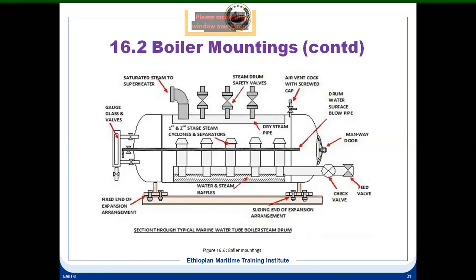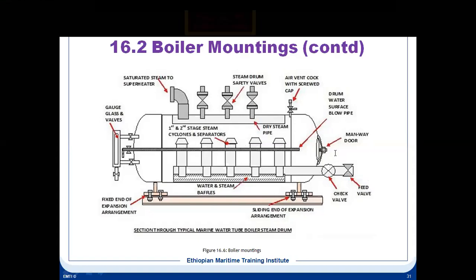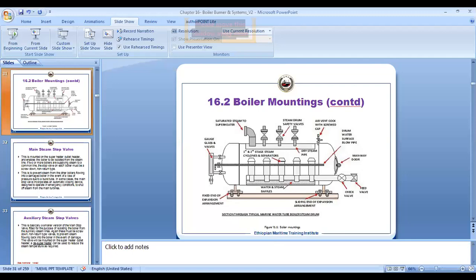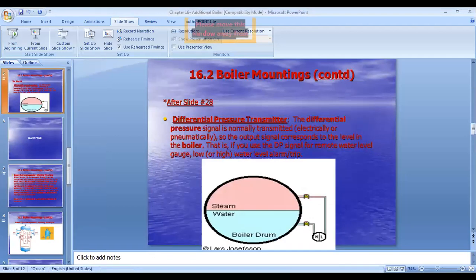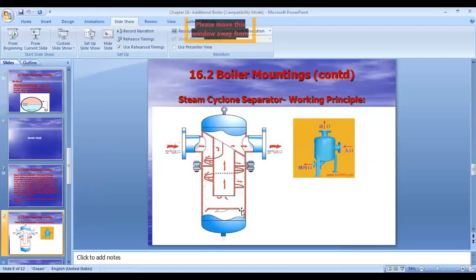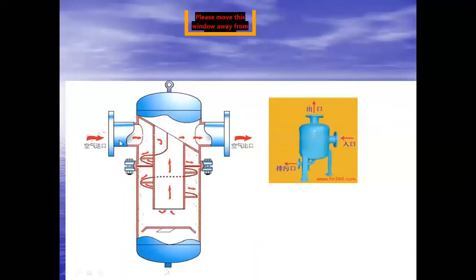But on ships which are totally steam ships, there it is very much required. A steam cyclone or a separator, just as a matter of interest, looks something like this. It's basically a small thing. Some of you may have seen this on board. So basically, over a period of time, the steam collects a lot of dirt.